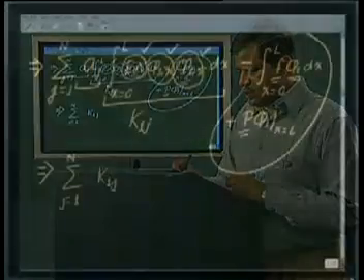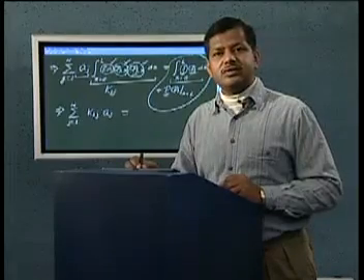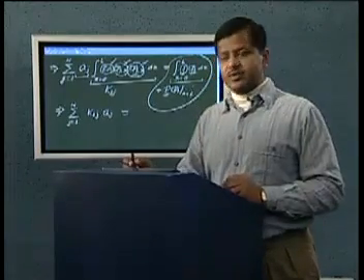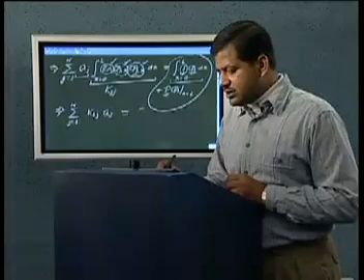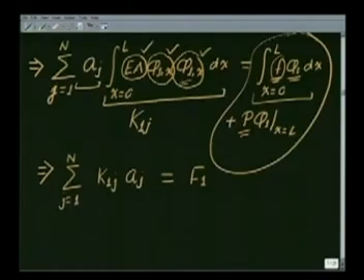k1j aj is equal to, look at this now on the right hand side, this f is not going to change if we change our phi i's. So this f will remain fixed as a function. So f into phi 1 integral over x equal to 0 will be a number corresponding to phi 1. Similarly, p into phi 1 at x equal to L will also be a number corresponding to phi 1. So we are going to call this as f1. So this is one equation that we get.